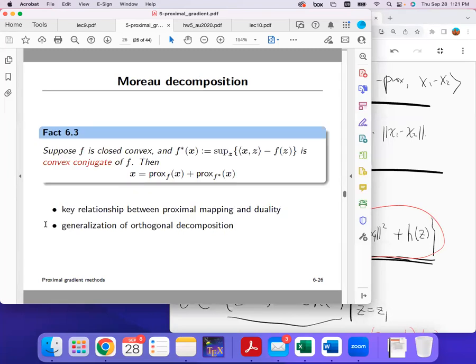Yeah, and in fact, this mapping can be further used to characterize a lot of decomposition rules. For example, in the